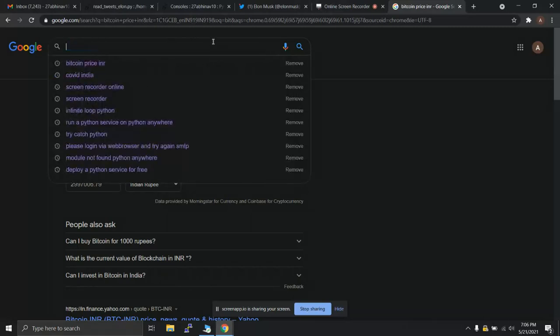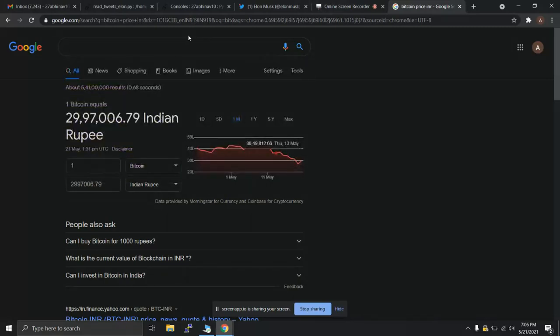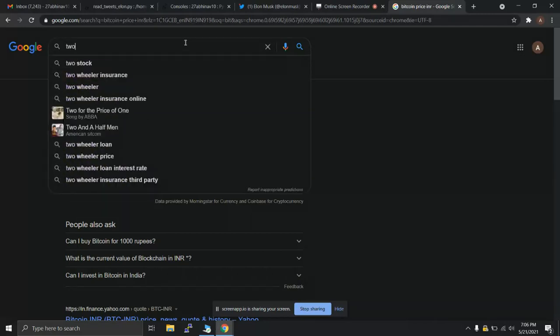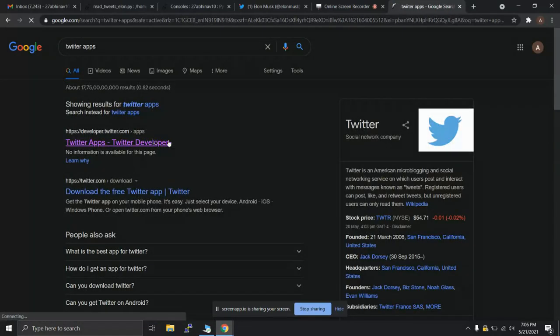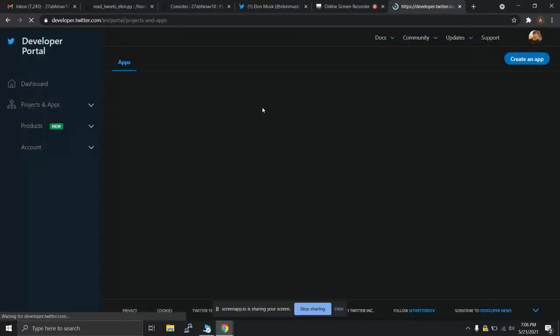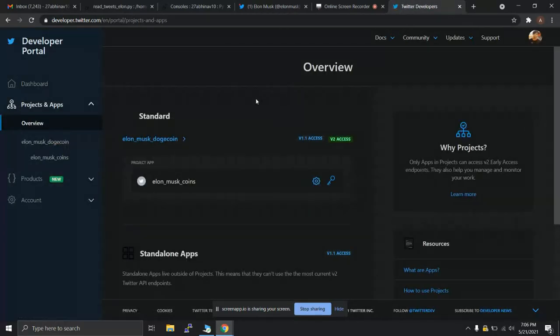For this, first of all, you would need a Twitter developer account. You can go to twitter.com and Twitter apps and apply for a developer account. I already have one, and you can watch a lot of tutorials on YouTube on how to set up a developer account. Basically, it is very easy. You have to apply, Twitter replies, and you have to tell them what you are going to be using the API for.